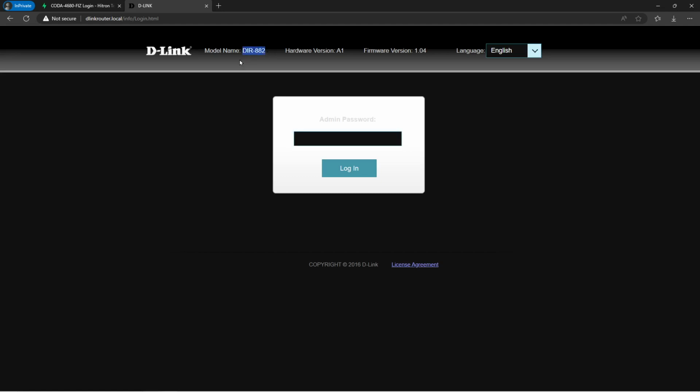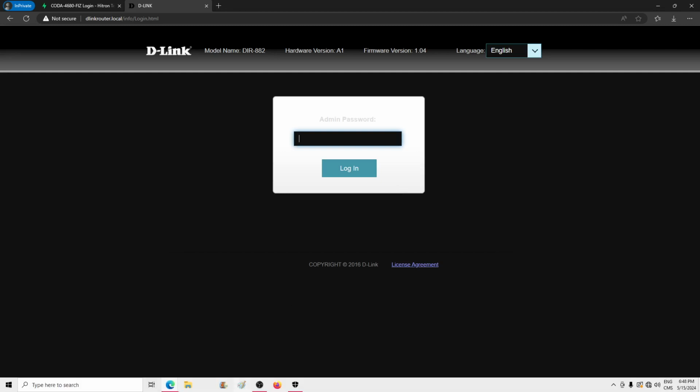And by the way, this router that I have here, DR882, I can tell you that when you reset it, when you reboot it, when you plug it into a power outlet, it takes about 5 minutes to reboot. It's really long, and you have a small yellow LED light for the time it's rebooting. So just be patient with this unit. Even when you change the settings inside administrator and you save those settings, it takes a whole minute to save a single setting. It's way long, but just be patient. So just be aware of this.